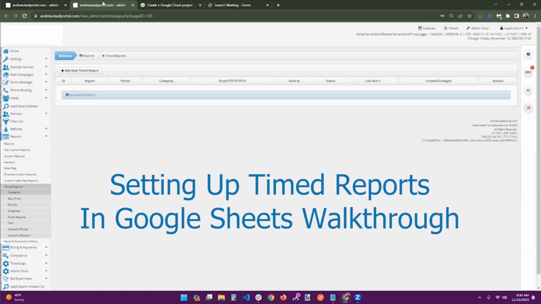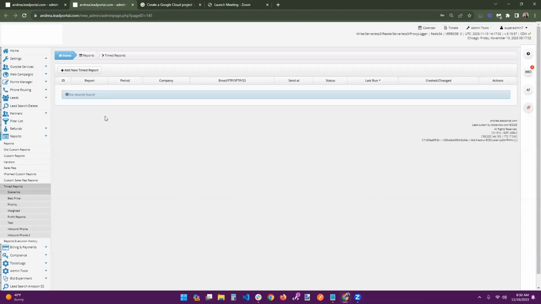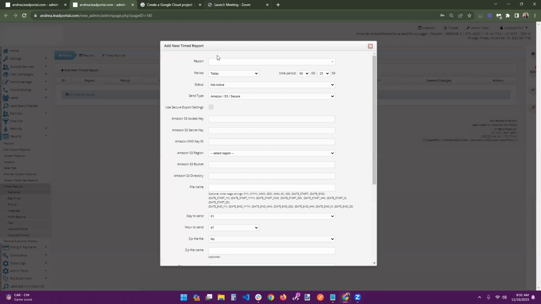Hi, everyone. Today we're going to look at how to set up some time reports to be sent out via Google Sheets. Right now, when you go to the Reports tab and click on Time Reports, and then select Add New at the top, there's a number of different send types that you can choose from,